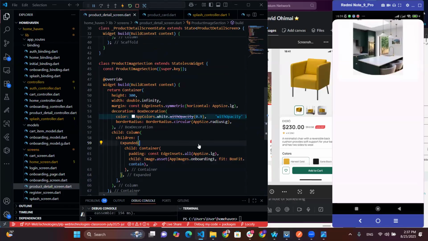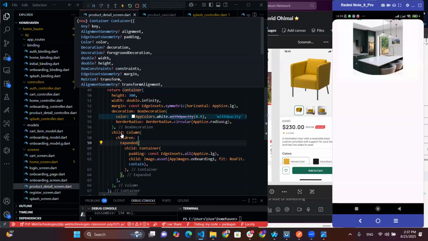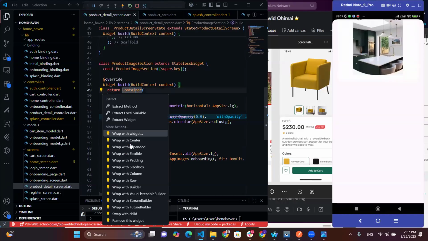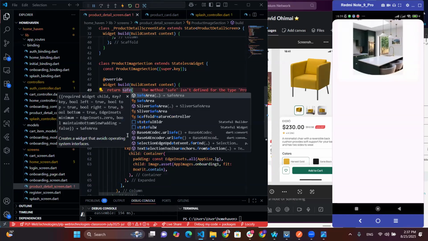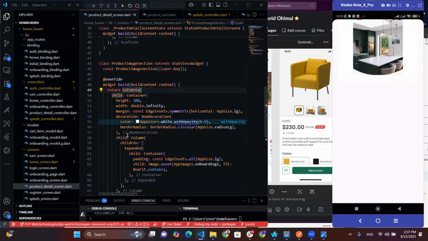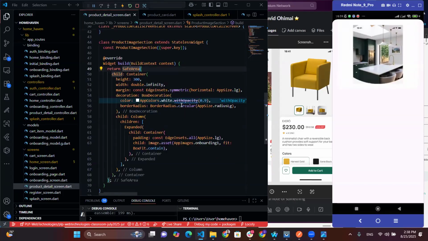Okay. So now that we have that, can we wrap this with a safe area? Okay. All right. So now that we have that image over there,